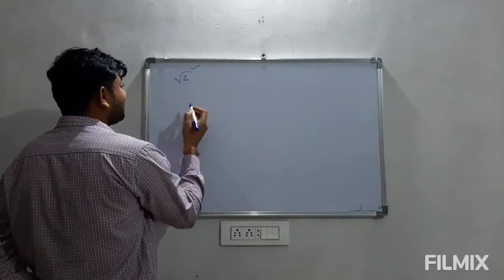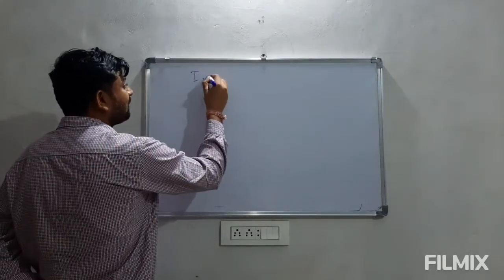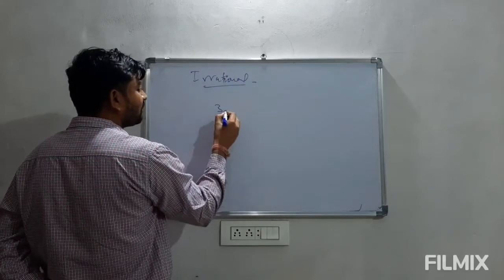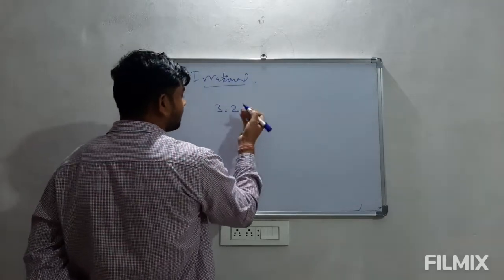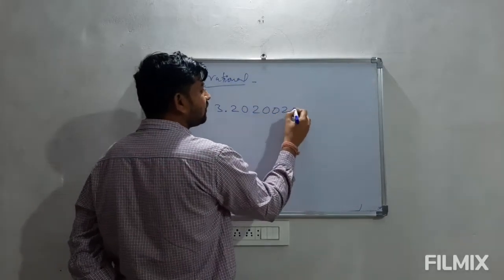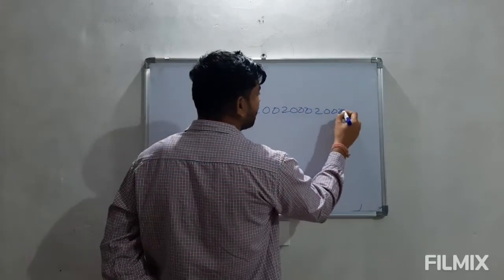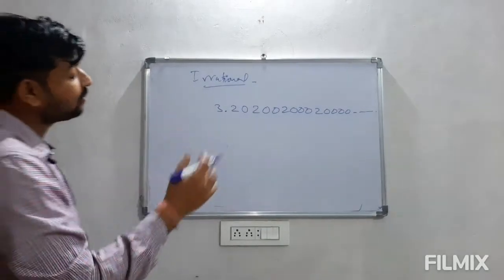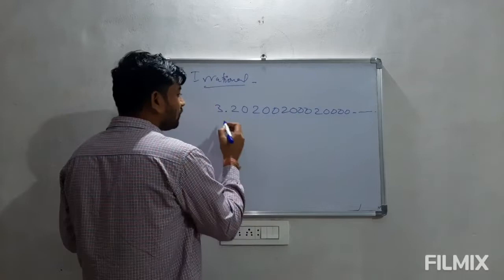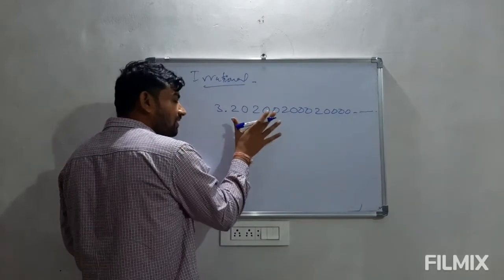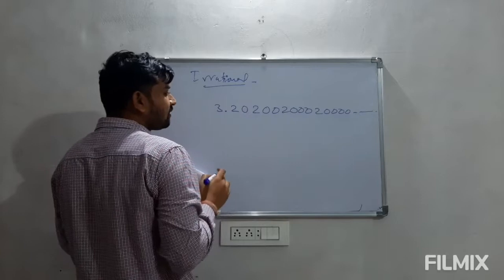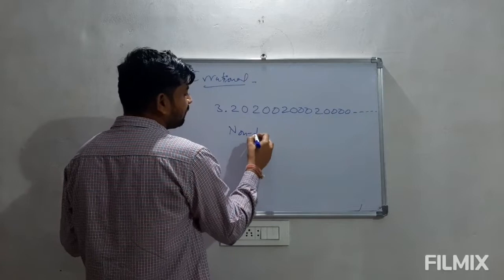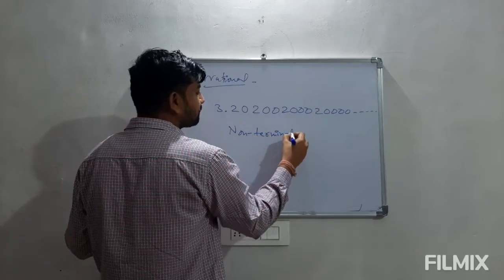Here I am taking directly the decimal expansion of irrational number. So for irrational number we can consider some numbers like 2 0, 2 0 0, 2 0 0, 2 4 times 0 and so on. This kind of answer we will get when we solve for it. So this can be considered as the decimal expansion of an irrational number, where first thing is it is not terminated, it is not complete, so we call it non-terminating.